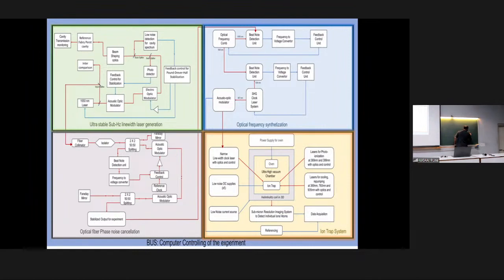Sometimes the photons come at this phase, but sometimes this fiber length extends, so then the photon comes at this phase, roughly speaking. So at the end, you will always get these photons at a random phase for a normal classical fiber. And that is not acceptable for clock applications, because the entire thing we are trying to get